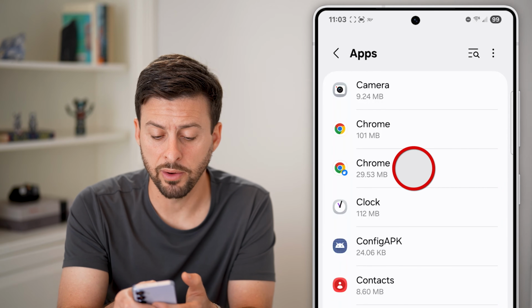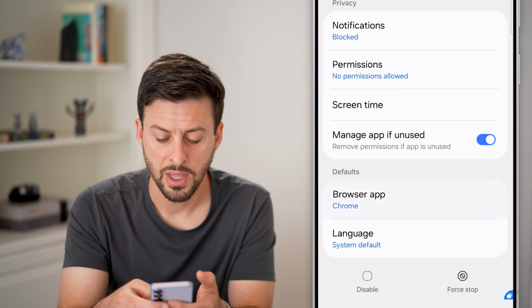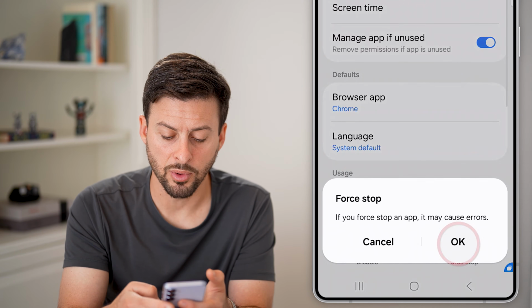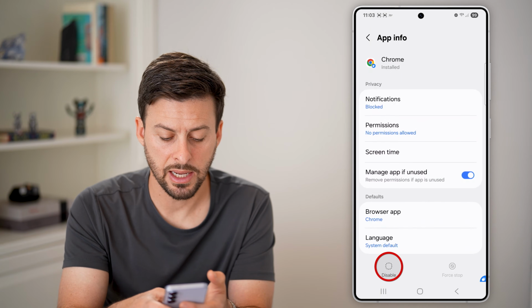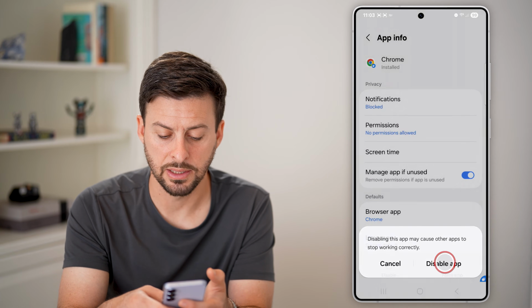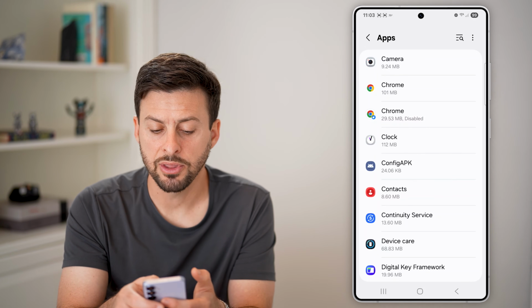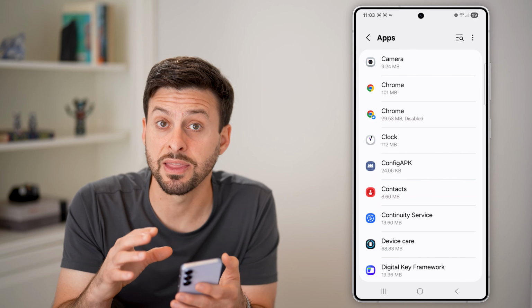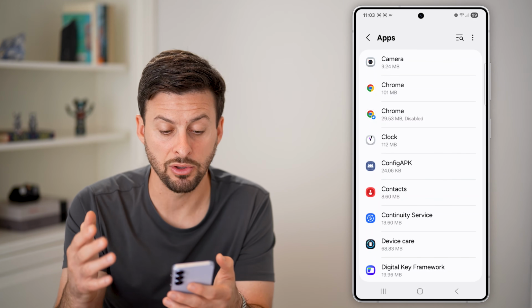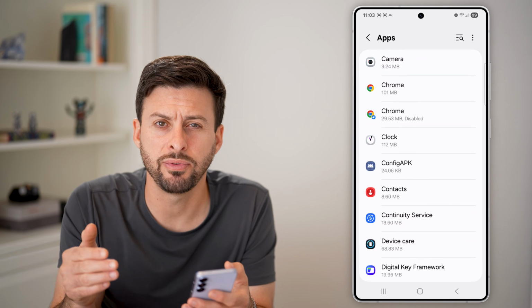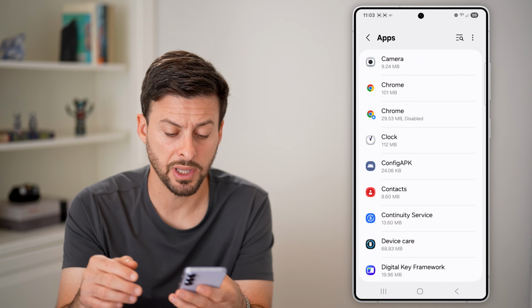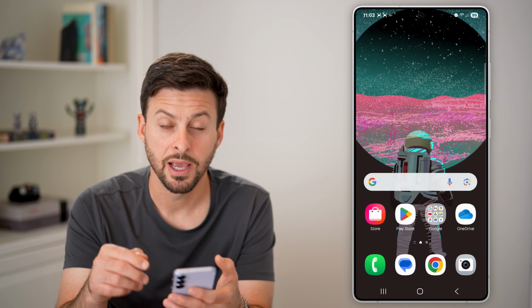I'm going to tap on one of them, let's say the second one, and I'm going to do a force stop and hit OK. And then I'm going to go back in and hit disable and disable app. Now, this should basically prevent that app from running and being used, and you can just use that main primary app. However, if you still find that it is duplicated, you might want to hop out of here and just